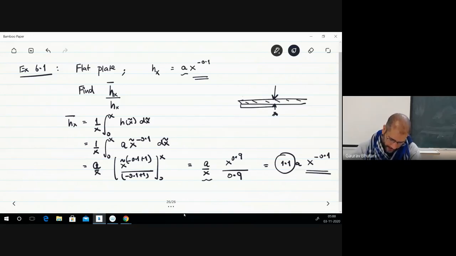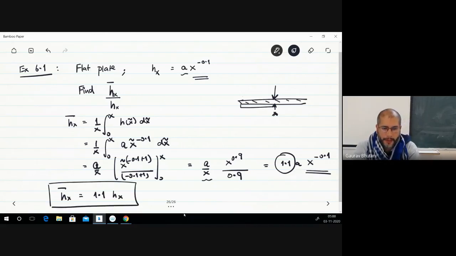So I can write this as hx bar is 1.1 hx. In fact, if I was to plot this, both of them